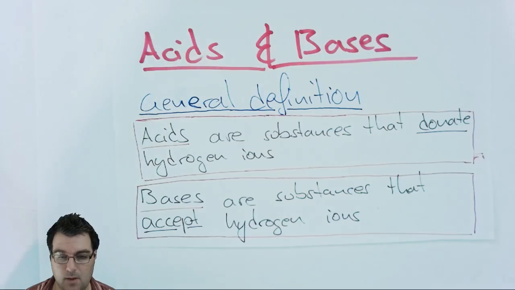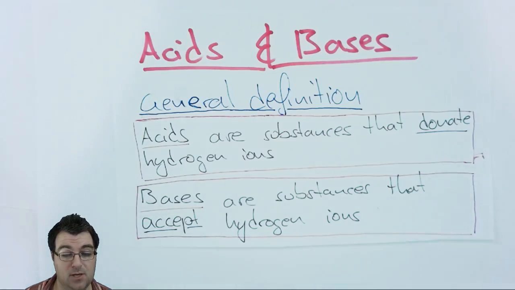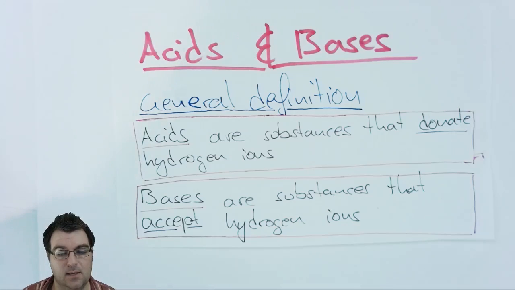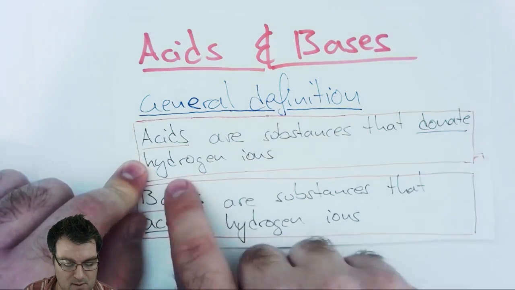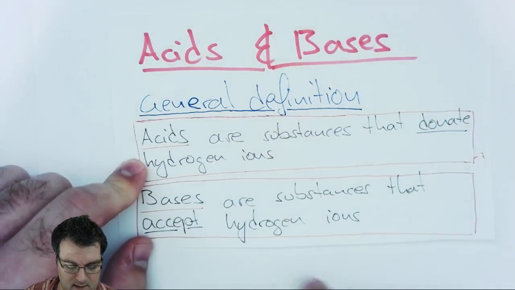So I'm going to introduce you to these definitions, with the point that we'll be adding more to them as we explain how our concepts of acids and bases have changed over time, and as we look at some of the current theoretical understandings of the behavior of acids and bases. And those are that acids are substances that donate hydrogen ions,